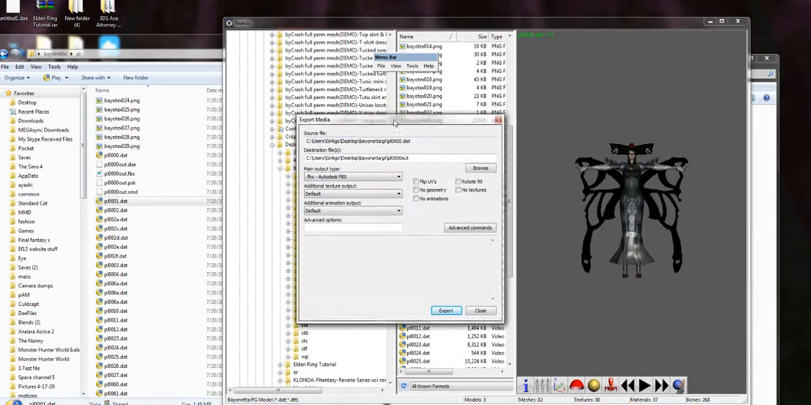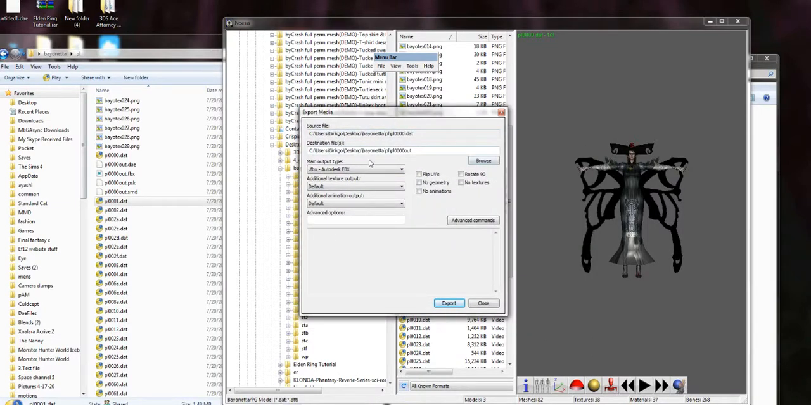And then you get this window here, and it's asking you a bunch of things about how you want to save or export her out. The source file is already in here, you can't change that, but the destination file is where you want to save it. By default, it's saving here at our Bayonetta folder, our Bayonetta player folder, wherever we had it,